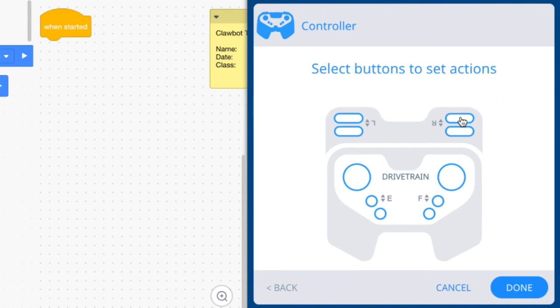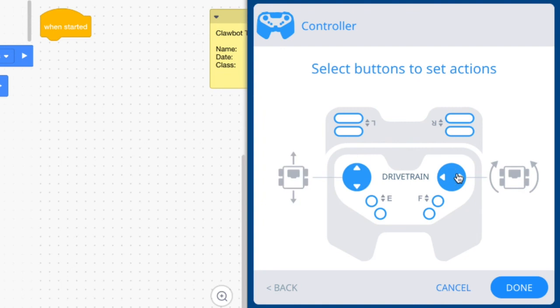Next, you can change the drive mode of the robot by selecting the joysticks. There are 4 drive modes available: left arcade, right arcade, split arcade, and tank. Continue selecting the joysticks to cycle through all available drive modes.